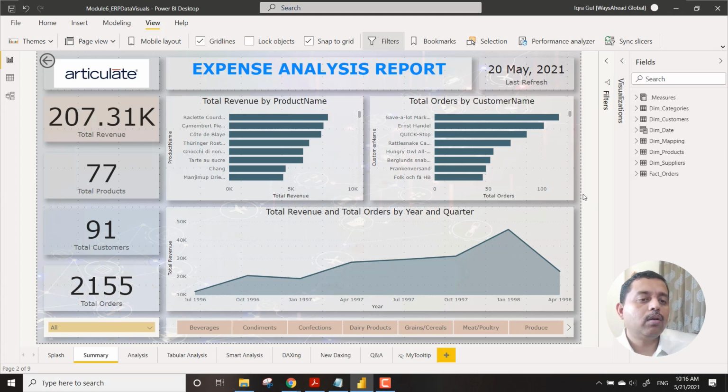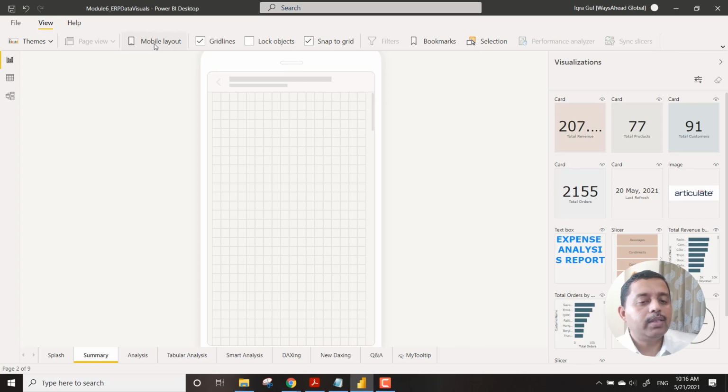Before moving on to the mobile report, we need to make sure that the components are in small pieces so that they are easily visible in a mobile environment. So I'm in desktop, and I go to this option called mobile layout, and you will see that the entire data is on the right hand side and my mobile layout is on the left hand side.